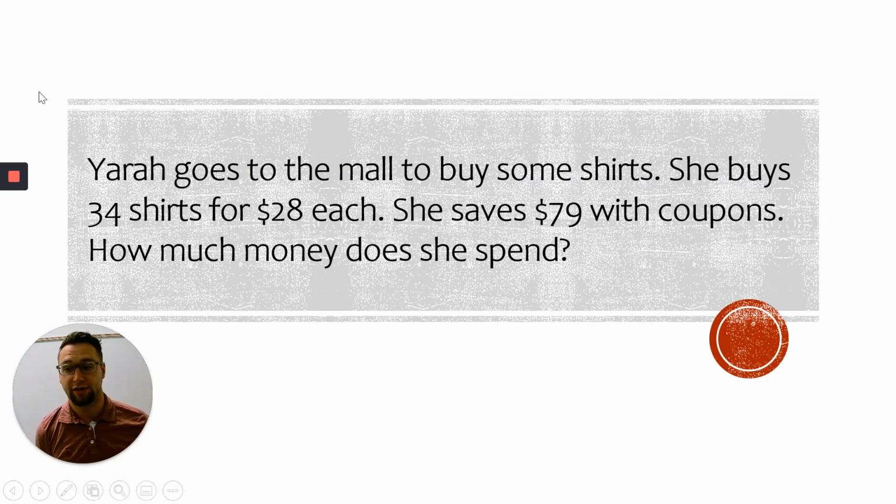Now let's think. What are we doing with numbers? And what is the question actually asking us? We're going to take the 34 shirts and visualize or see $28 on each of those price tags. We are then asked to find how much she spent, so we need to add all 34 of those price tags up. Instead of taking the time to add that many things up, we know that when we have to add the same number up over and over and over, another math operation was invented a long time ago to help us with these kinds of problems. Multiplication. We can multiply 34 times 28 to get